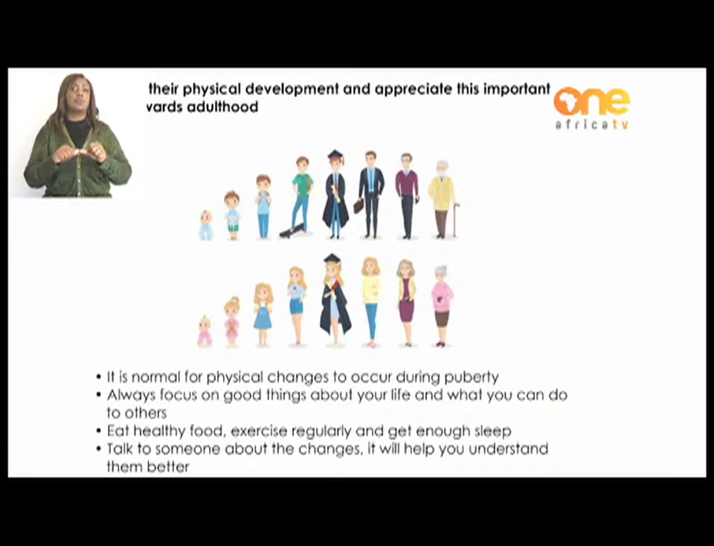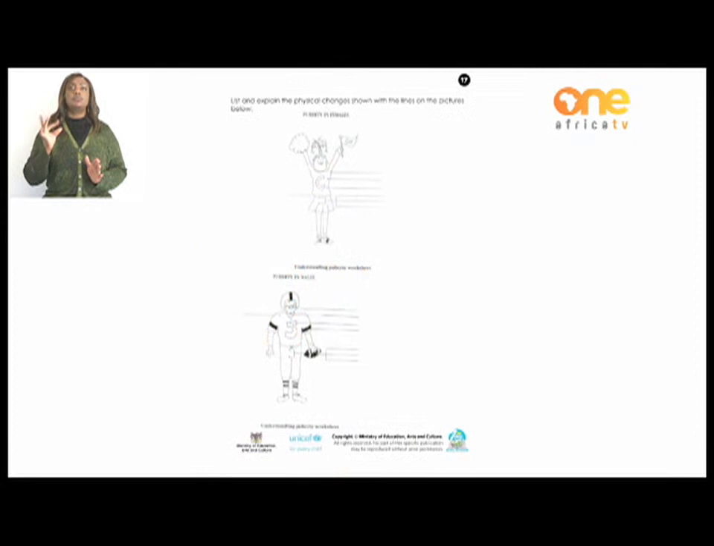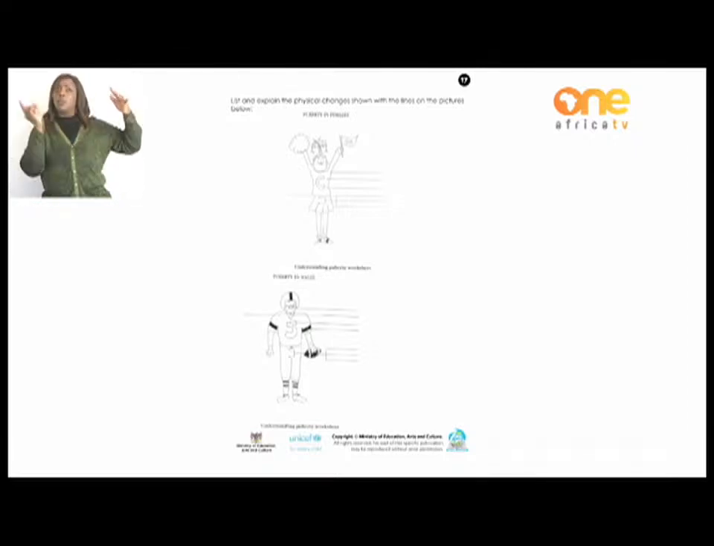Let's move to page 17, Chanel, and boys and girls all over Namibia. Good. For you, try to see if you really studied or learned something in today's lesson. So, list and explain the physical changes shown with the lines on the pictures below. So, showing you puberty in females or in girls. Now, when you look at that girl, and these lines are showing you the different changes that happen in each and every part of the body where the